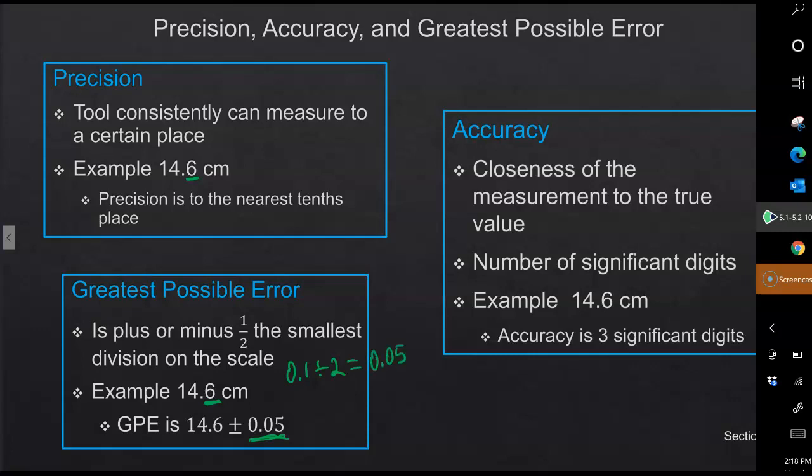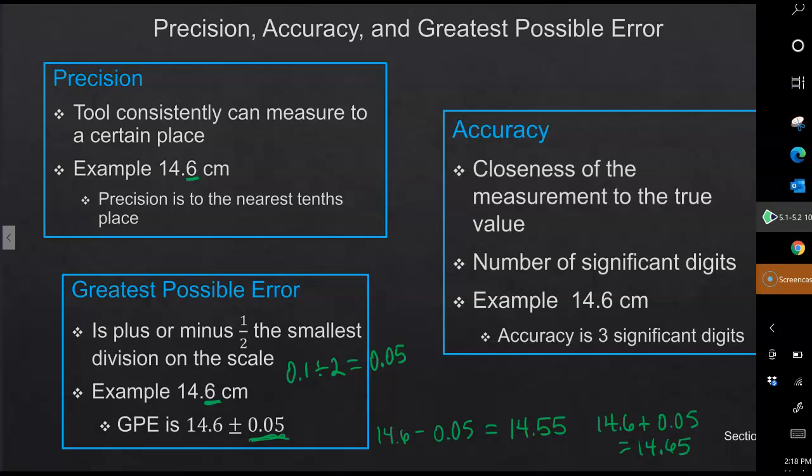And that simply means I can subtract that from 14.6. 14.6 minus 0.05 is 14.55. Or I can add it to 14.6,